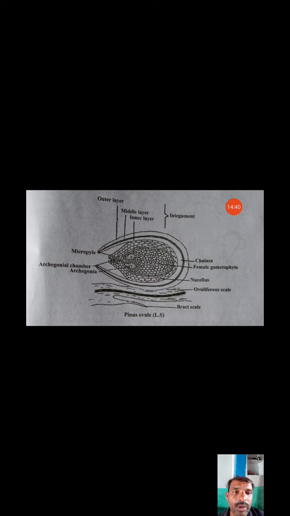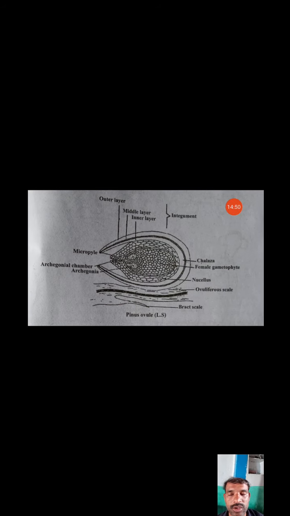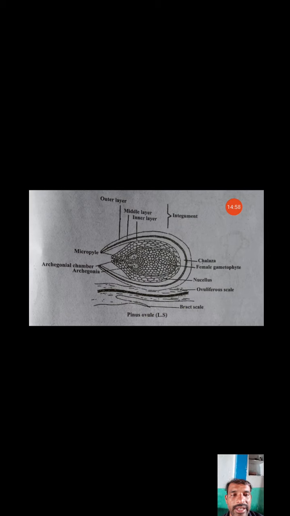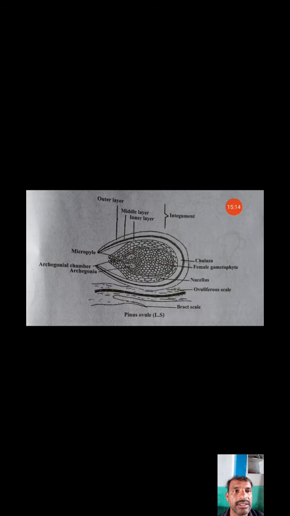Now I am going to discuss the development of the female gamete. This is also very important. The nucellus tissue has two sets of chromosomes, which is commonly called diploid, and one of the nucellus cells forms the megaspore mother cell. This cell undergoes reduction division, resulting in the formation of four haploid cells, out of which only one remains functional and the remaining three degenerate. The functional megaspore develops into the female gametophyte.